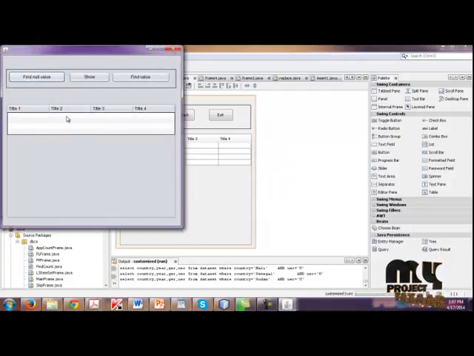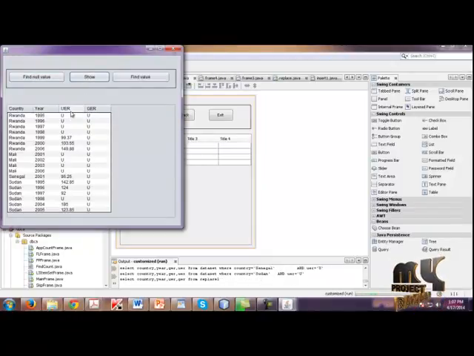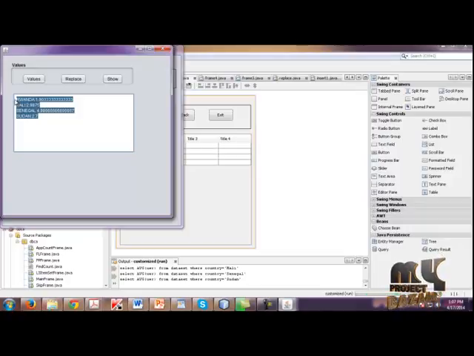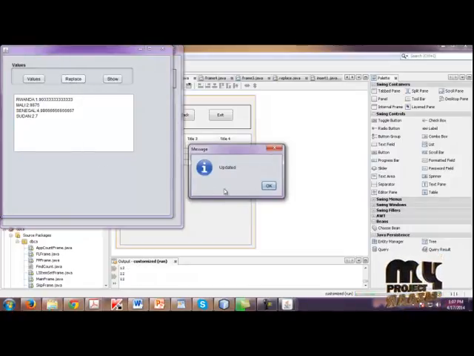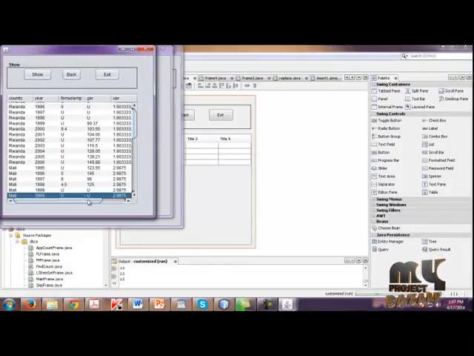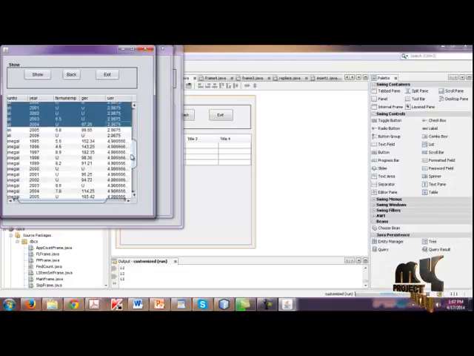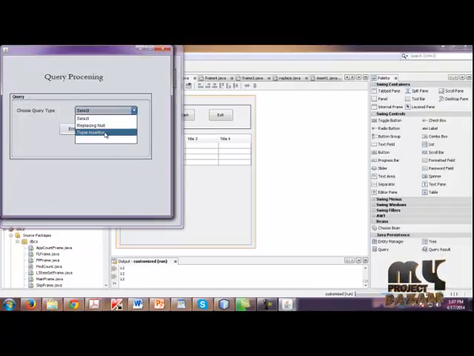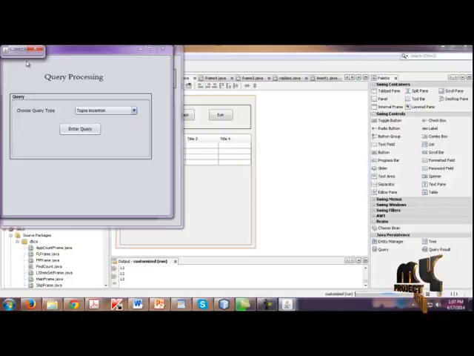So null value tuples are found. Finally it will show the null values found at the UER. Then click find value, then click values. Then we are getting the average value for each country. Then click replace. So finally the values are replaced here. The final output is shown here. In that UER, no values are present as unavailable. Click back. Then now I am going to select tuple insertion, enter query.